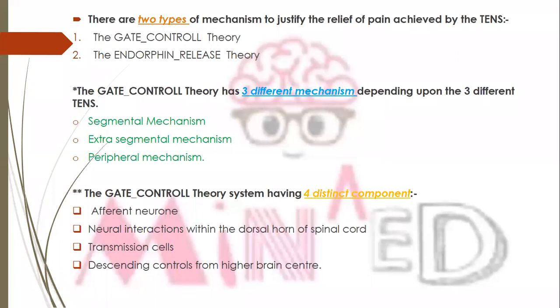And the endorphin release theory states that if a noxious stimulus causes production of endorphins in the pituitary gland, endogenous opioids are also synthesized in the periaqueductal gray matter, which is at the midbrain and the thalamus. Painful stimulus also causes the release of these opioids at the pain receptor sites in the brain. Pain modulation can thus be achieved through the descending pathways, generating the body's own pain-killing chemicals, the endogenous opiates.